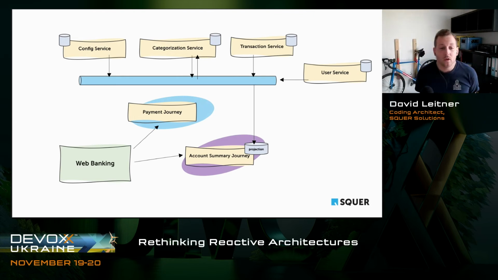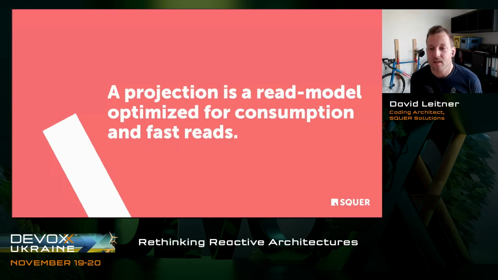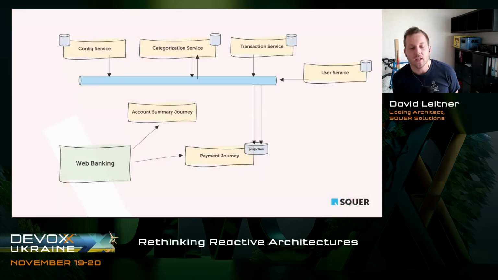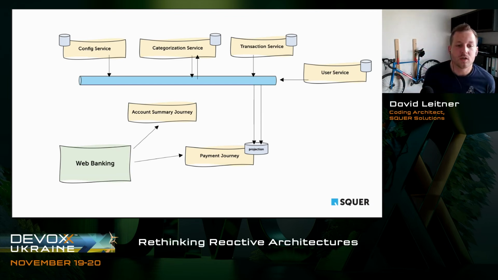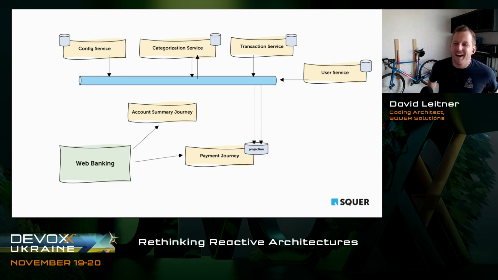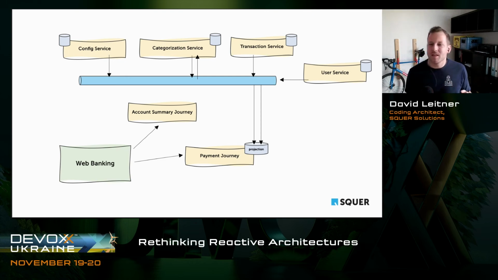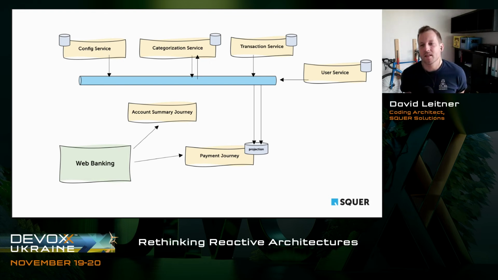Okay, and that's a very important concept of projecting data, kind of read models. So what is a projection? A projection is a read model optimized for consumption and fast reads. And that's important to understand. We store in this projection the data like we need it, right? We can store here transactions, maybe even user information, but we don't store denormalized, super clean data entities there. We store maybe from a transaction 4 of 25 fields because we just need these 4 fields for our payment customer journey. So we really try to collocate all the data which we need at this service into this projection.